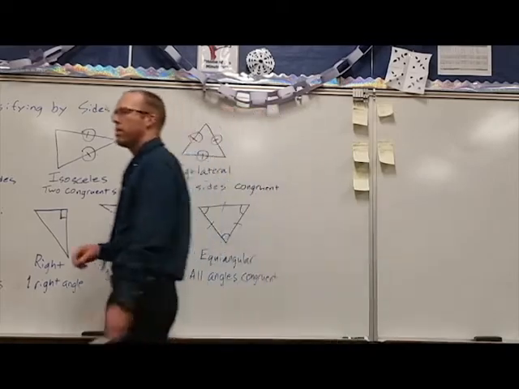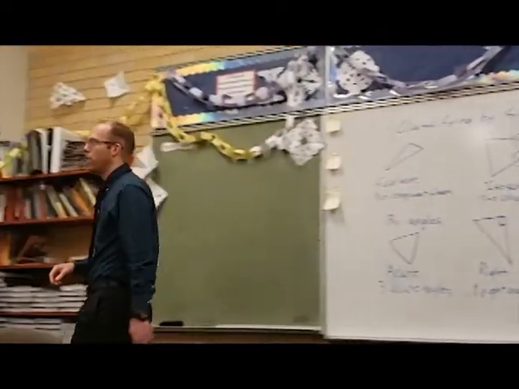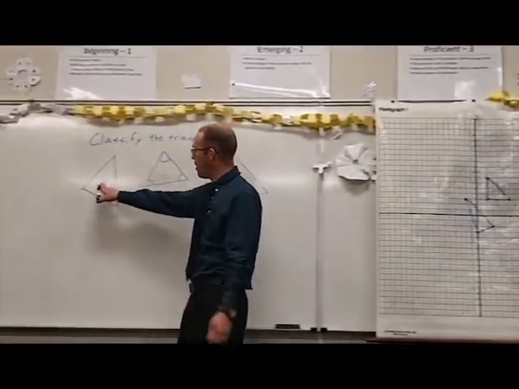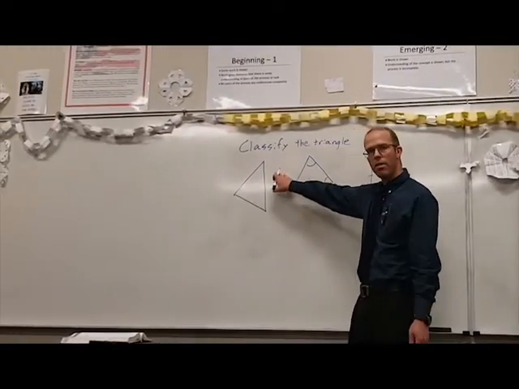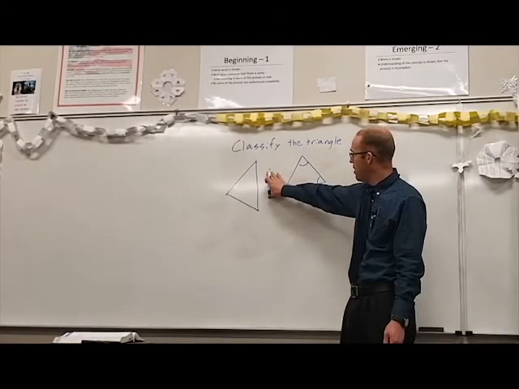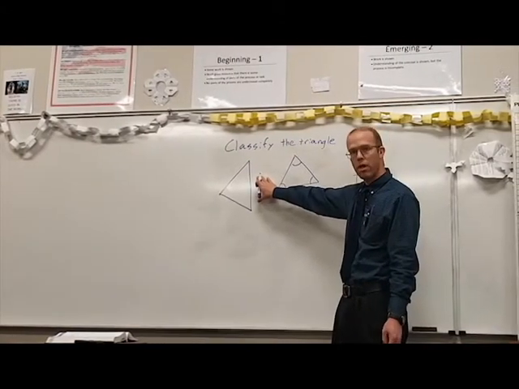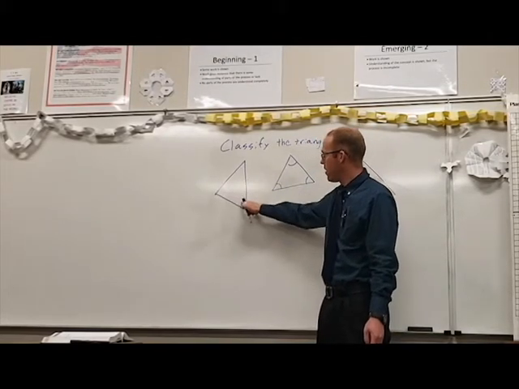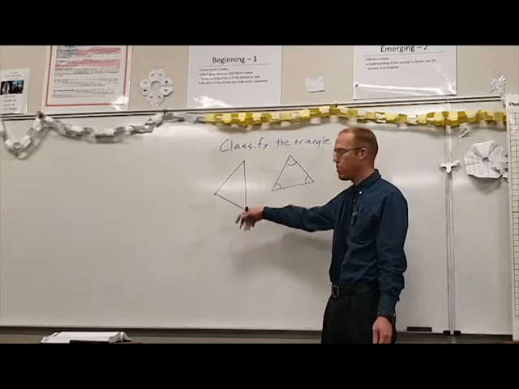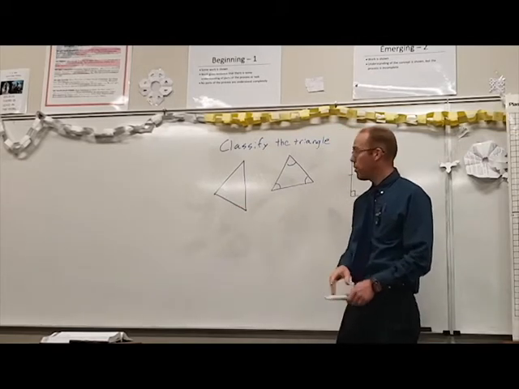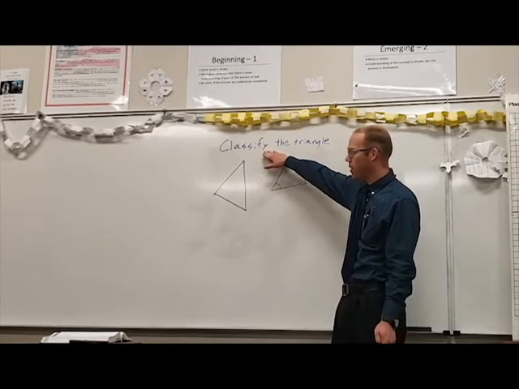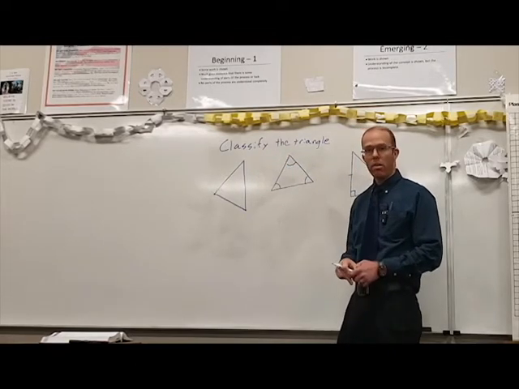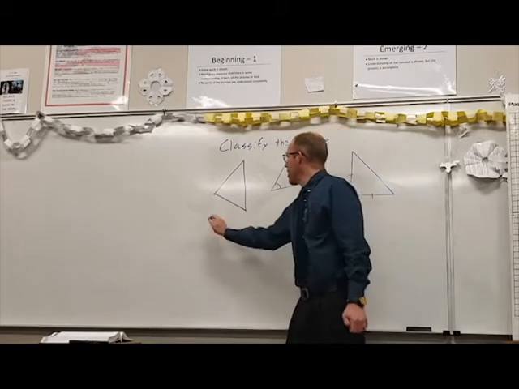Now let's take a look at a few different triangles over here. We're going to classify these triangles. Now this first one right here, we have three sides and none of them are congruent to each other. So this is scalene if we're talking about sides. If we're talking about angles, you can see that all three of these angles are smaller than 90 degrees. So this is an acute triangle. When we classify the triangle, it might have more than one classification, and you might be required to write down all of them. So this one would be scalene